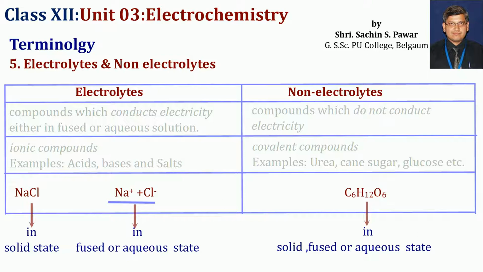The moment this sodium chloride is allowed to melt, or is put into water to form aqueous solution, the sodium and chloride ions which are packed in solid state split up to form Na+ and Cl- ions, and because of the space available in the molten or aqueous state, they